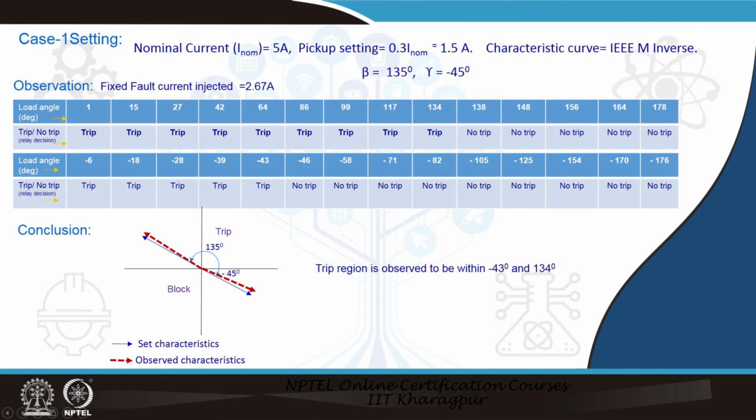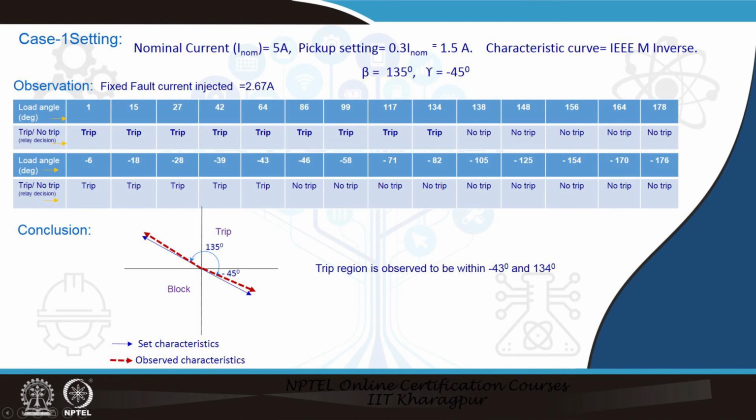So, the load angle varies here: 1 degree, 15 degree, 27, 42, like this, and also in the negative region, and whether the relay tripped or not is also shown for each of the corresponding angles, as we have described during the experimentation. So, for 1 degree it tripped, for 15 degree also it tripped, and like this these are the trip region. Till 135 degree it tripped,